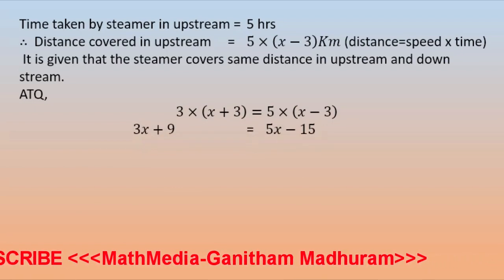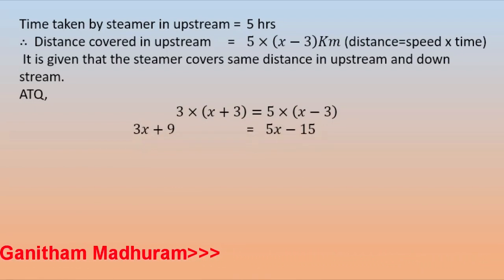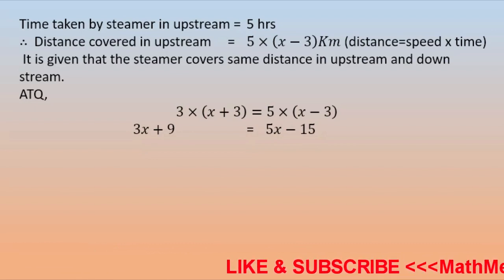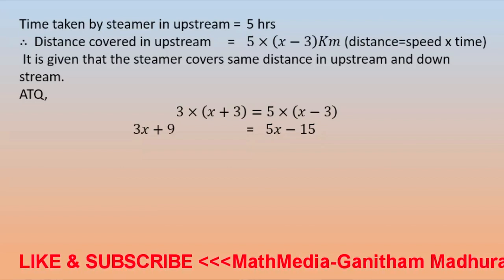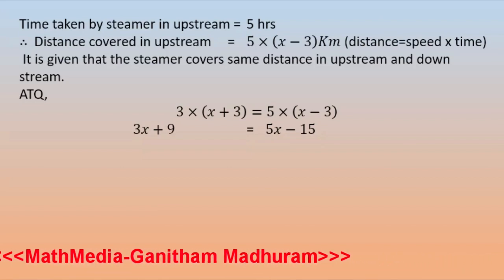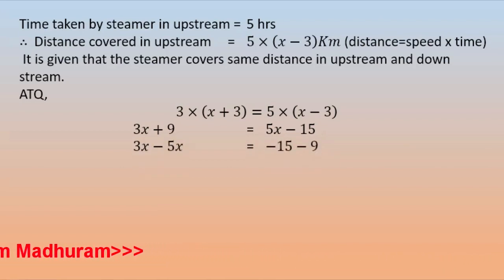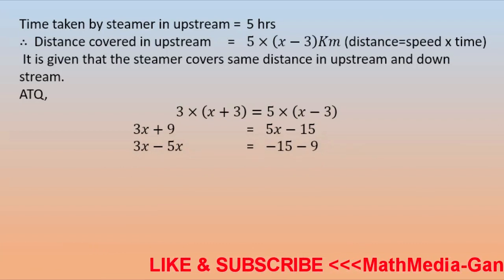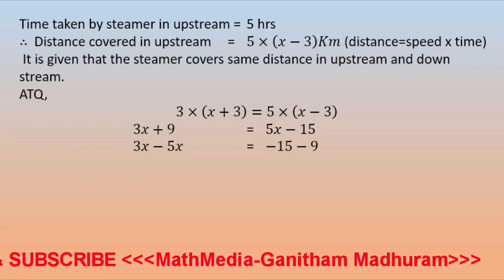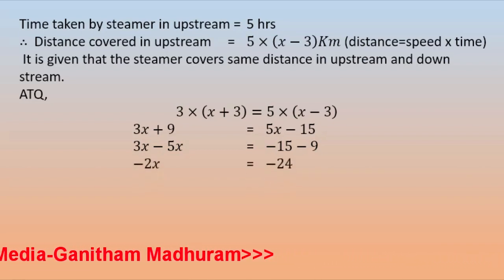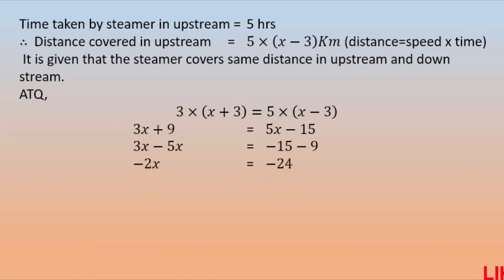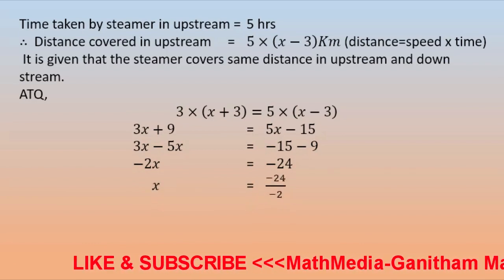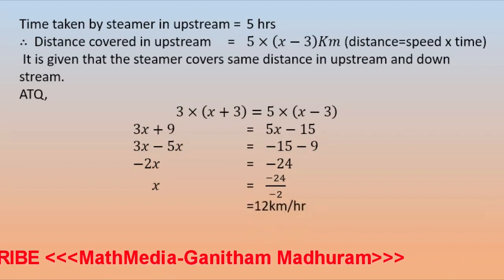After opening the bracket, we get 3x plus 9 equals 5x minus 15. Now we can shift the variable to one side and numerals to the other side. So 3x minus 5x equals minus 15 minus 9. That is minus 2x equals minus 24, or x equals minus 24 upon minus 2, which will give 12